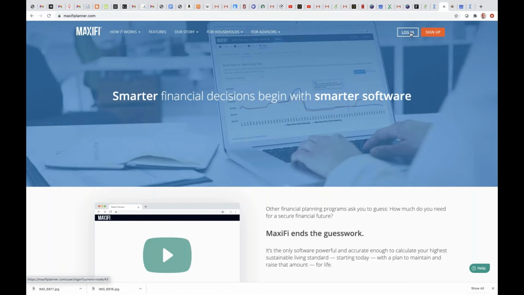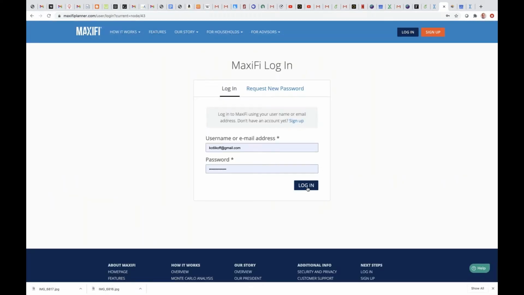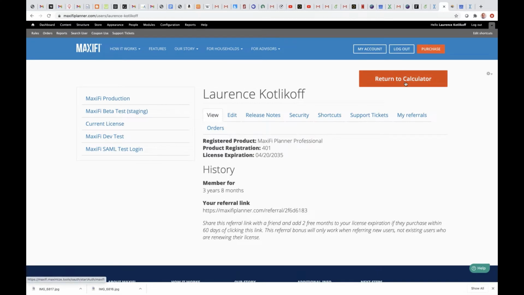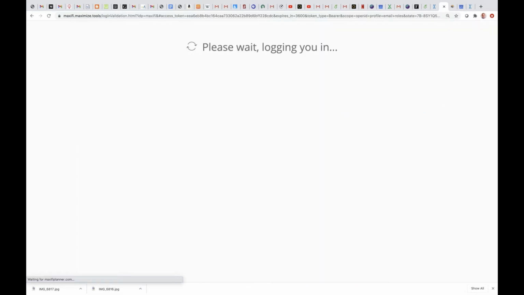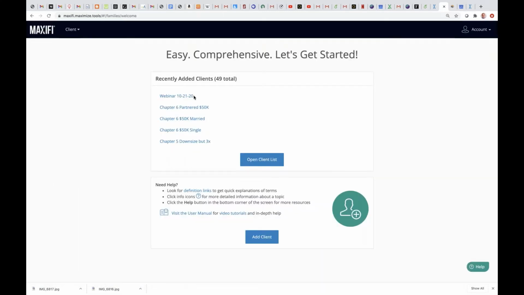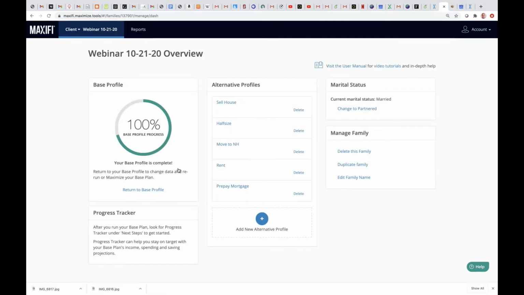Next question. This is from Terry. How is real estate inflation addressed? Housing values might inflate higher than projected savings. Might housing inflation exceed overall inflation? It might, and we allow you to tell the program that you think your house value will appreciate at a faster rate. Let me just bring that up here and show you where you enter that in the field.